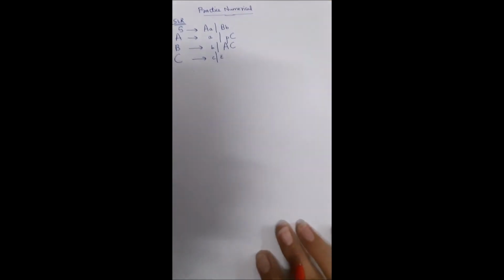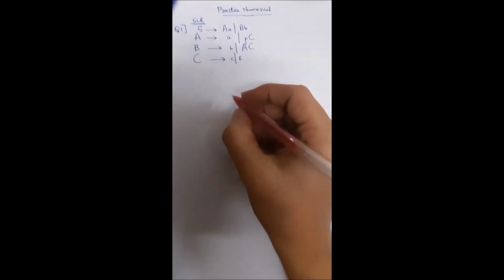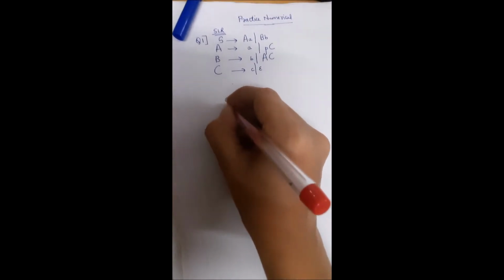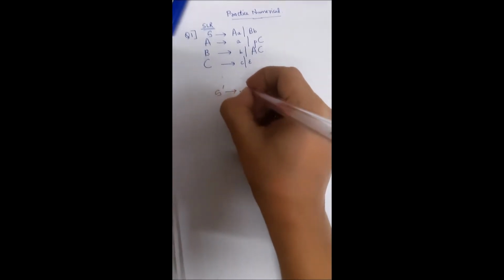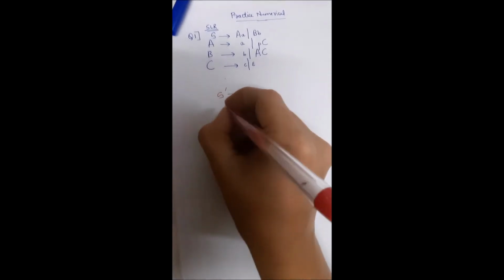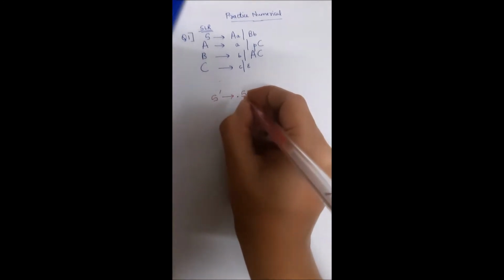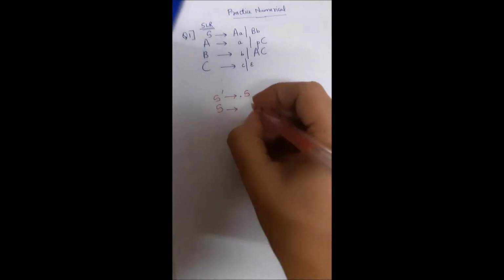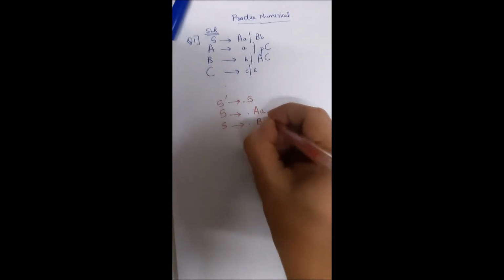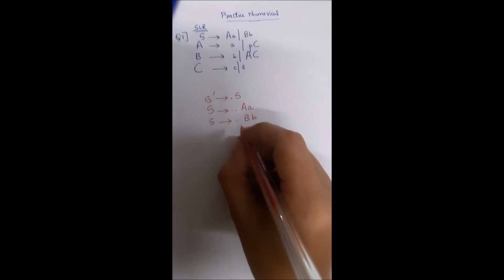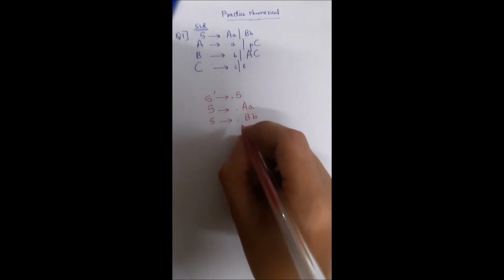So we'll solve this practice numerical for an SLR parser. The first step in the construction of the parser is to write the augmented grammar. The augmented grammar starts by introducing a new rule, S' tends to .S, the dot of the starting state. Since there is dot of capital S, we now have to add the production rules corresponding to capital S, and the dot will be placed at the initial position as nothing has been processed.